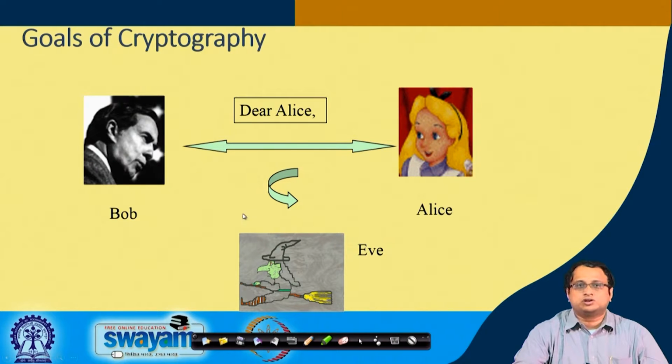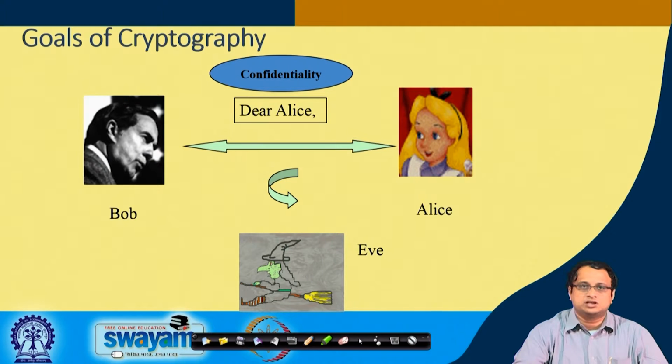So, there can be different goals of cryptography. Confidentiality is one of the most important goals, because Eve will probably be curious to know what information is being exchanged, and in that context Bob often encrypts this information and sends it to Alice. Once it is encrypted, the idea is that it looks like a jumbled piece of data from which Eve is not able to make any inference about the actual content of the message. Now I would like to mention that although we often use cryptography synonymously with confidentiality, that is not the sole goal of cryptography.